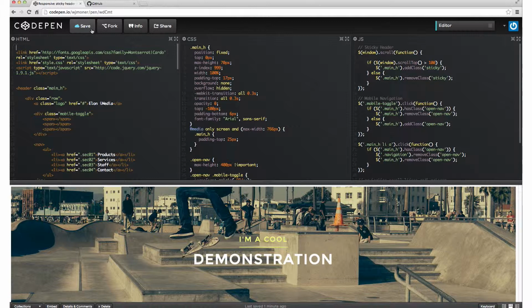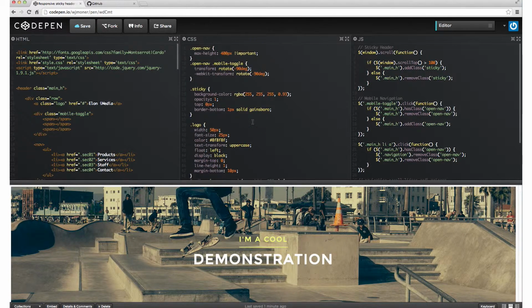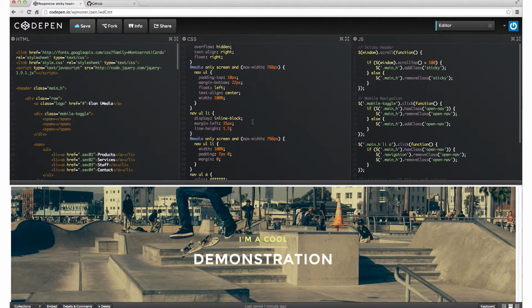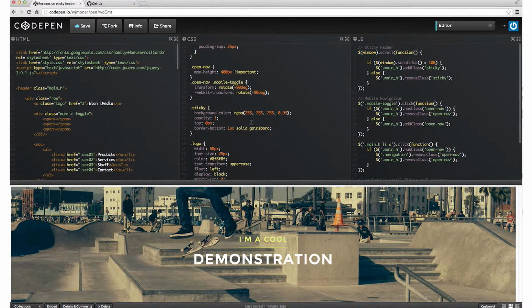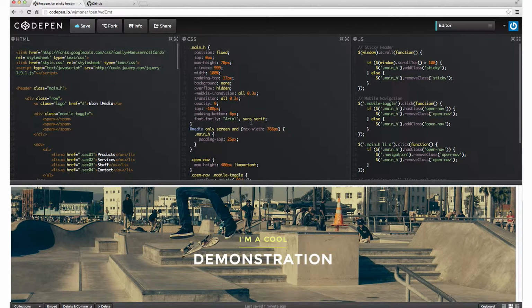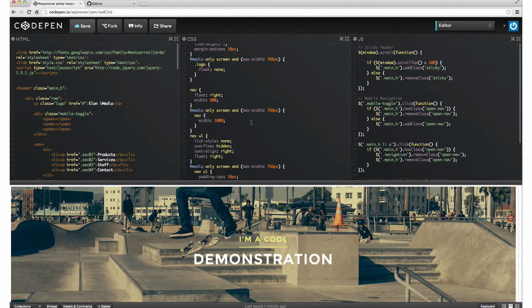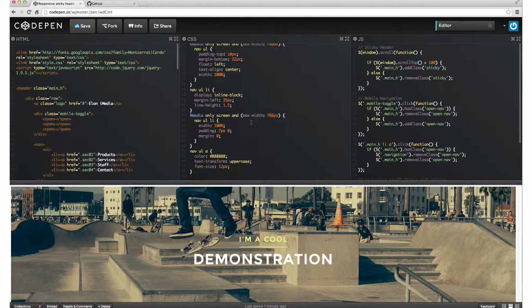After I make different changes here, I can click Save, and that would save those various things out to my pen. And so I can really tweak and play around with these things. Now, this is not a full-fledged code editor. This is a really great way to play around with some ideas and figure out how exactly you're going to put these things together. Okay?